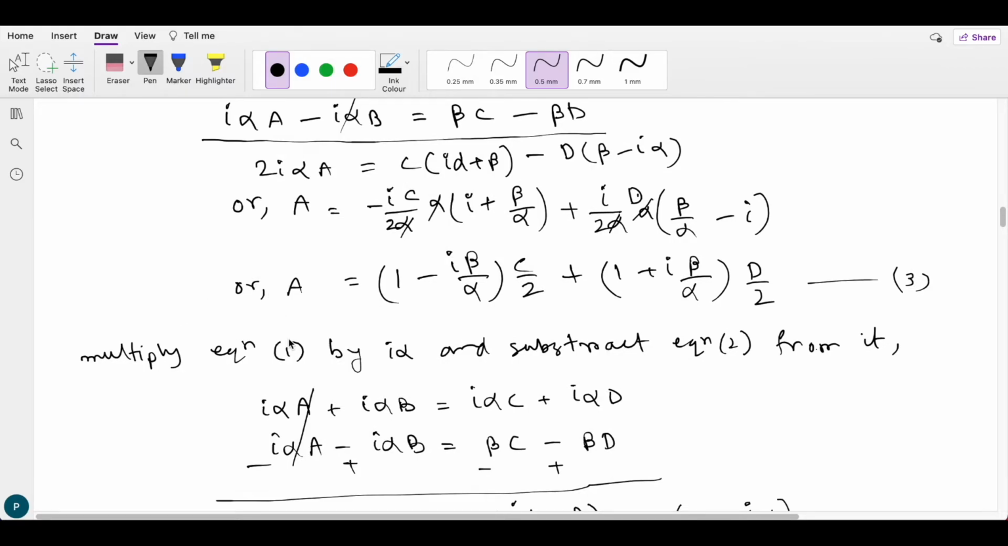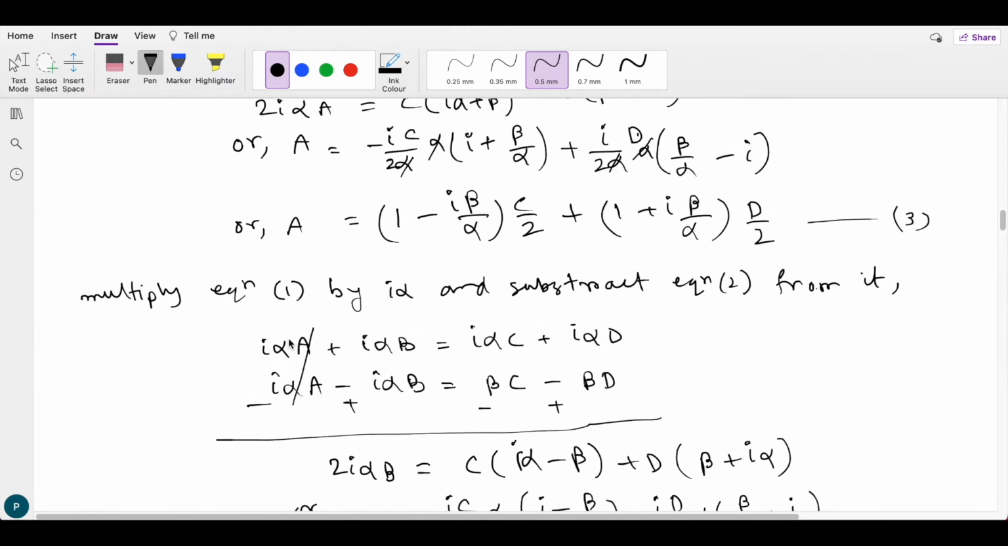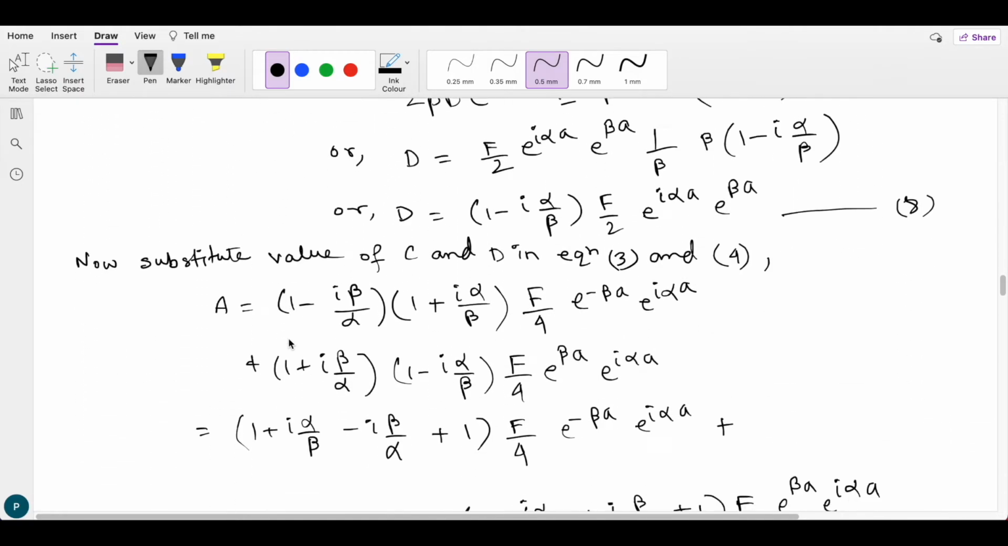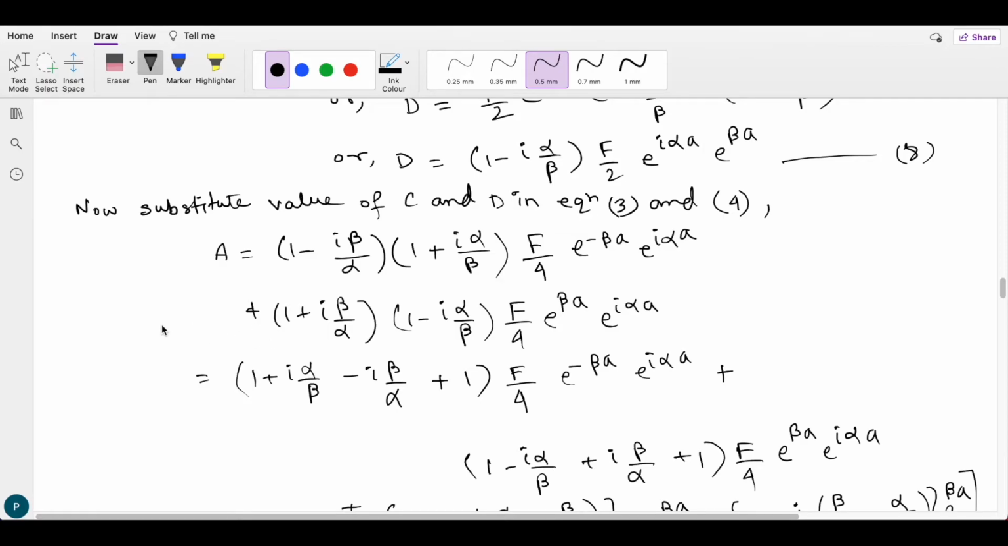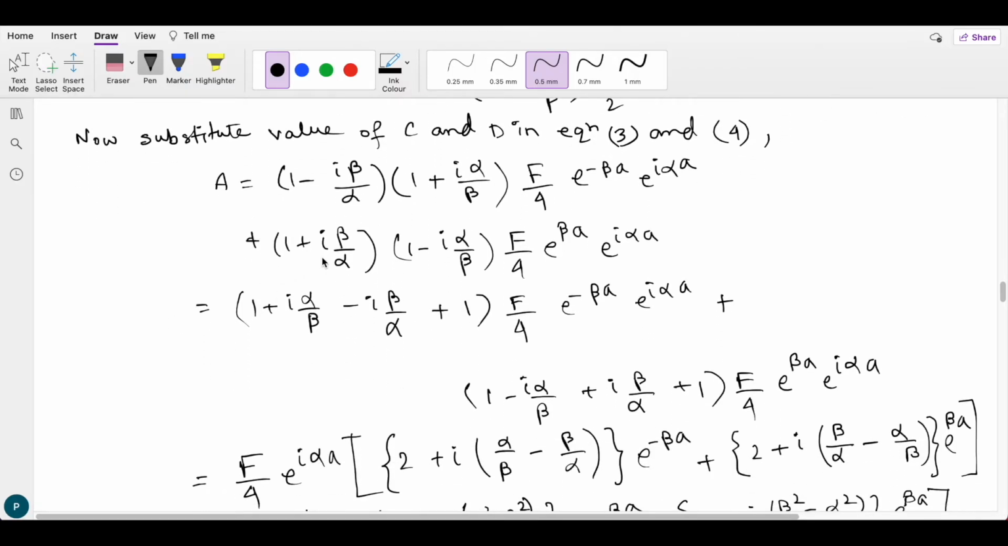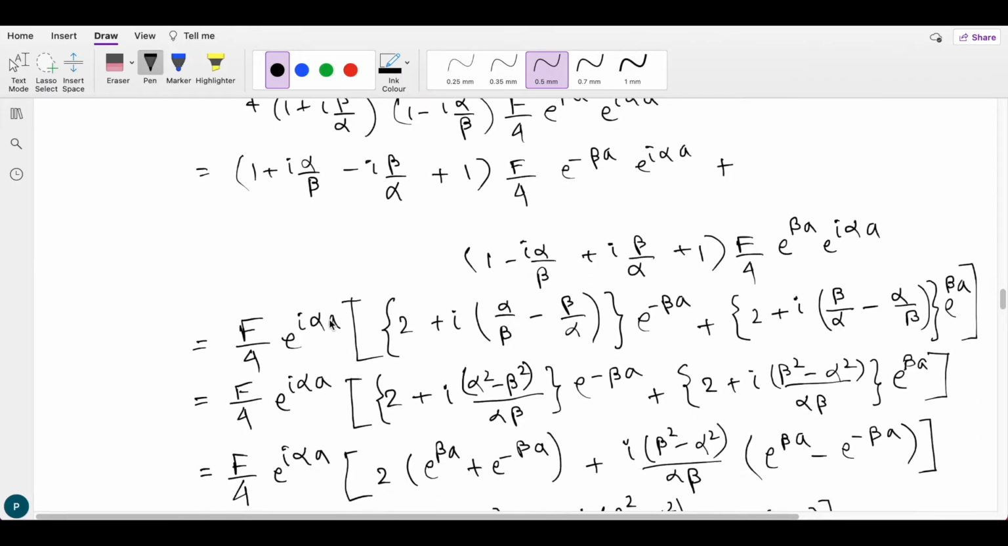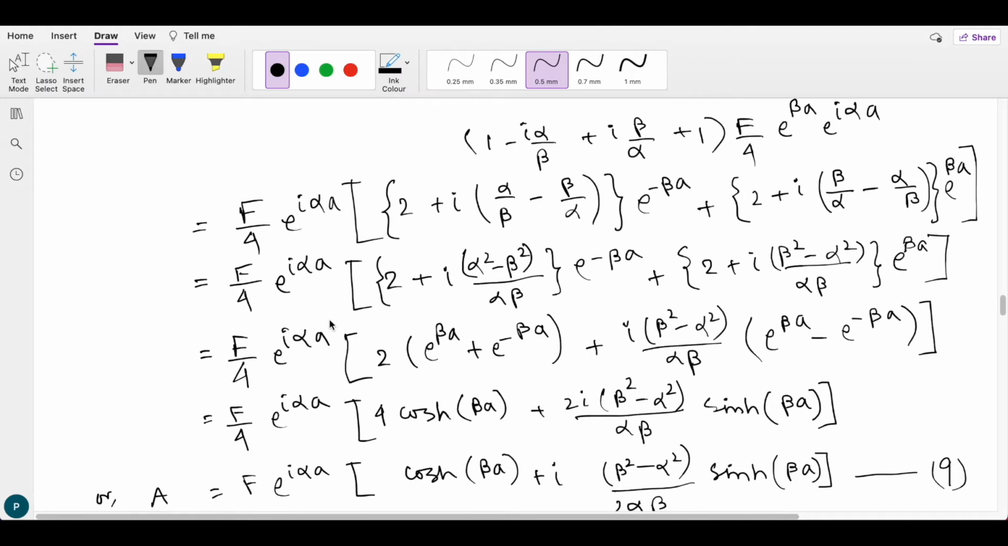The expressions for a and b in terms of c and d are equations 3 and 4. So let's put the values of c and d in equation 3 first, and we get an expression for a in terms of f. I have just put that value in equation 3 and did some simple algebraic simplifications